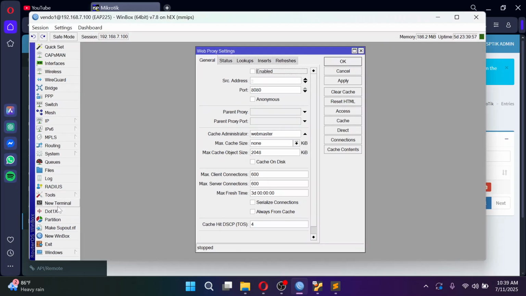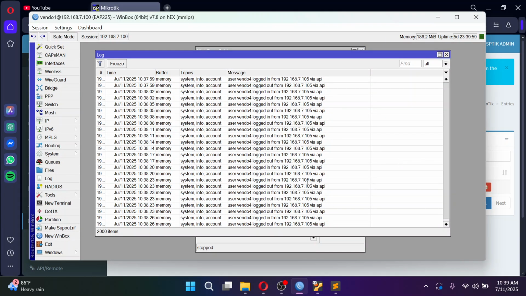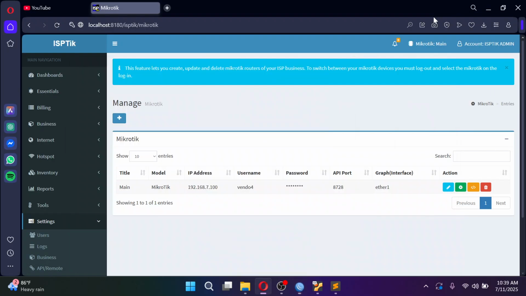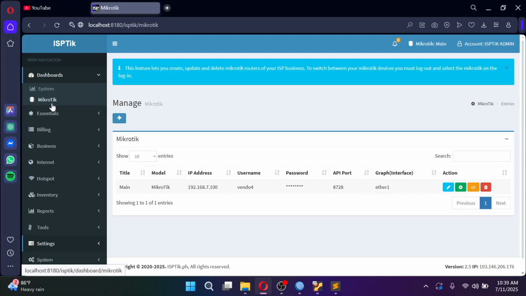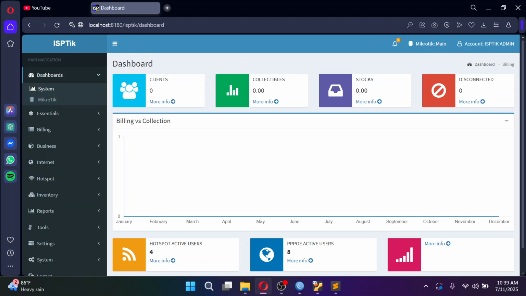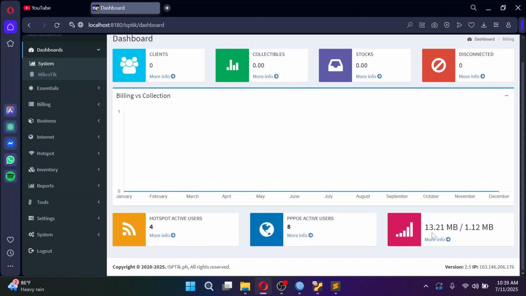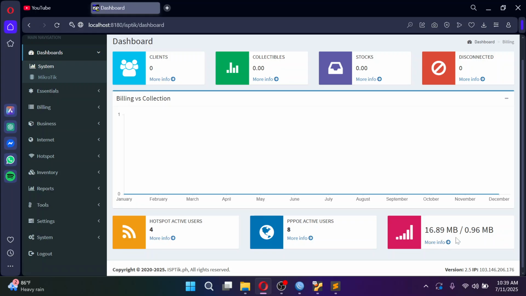Okay, so if you also check the logs, there you go, there is a log for our user from before, API login. Okay, so there is an activity. So let's go back to the dashboard to check if the connection is good. Once you see these numbers or bytes and packets in and out, or the upload and download, you're good to go.